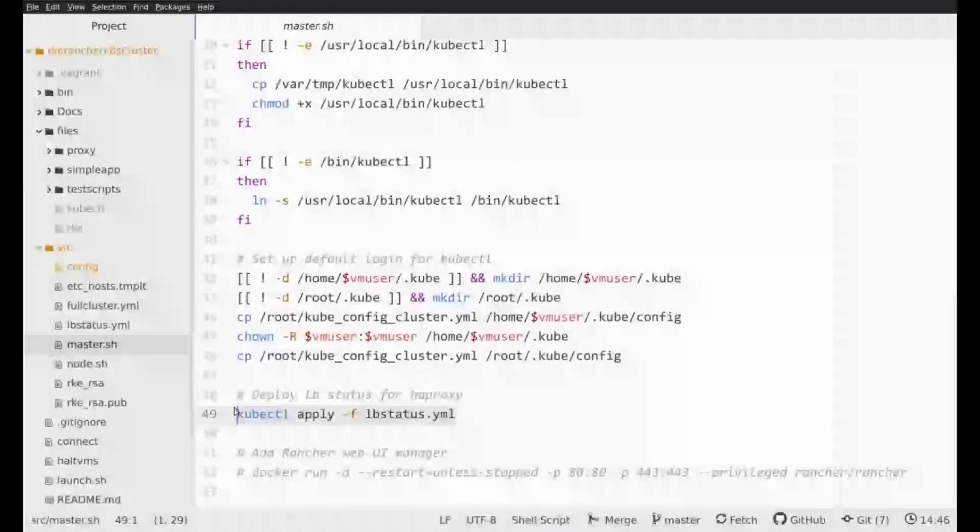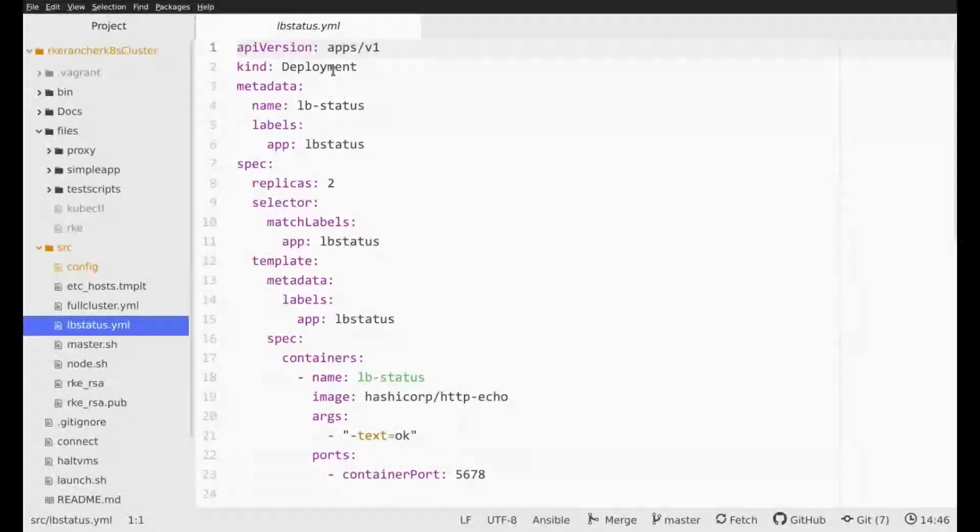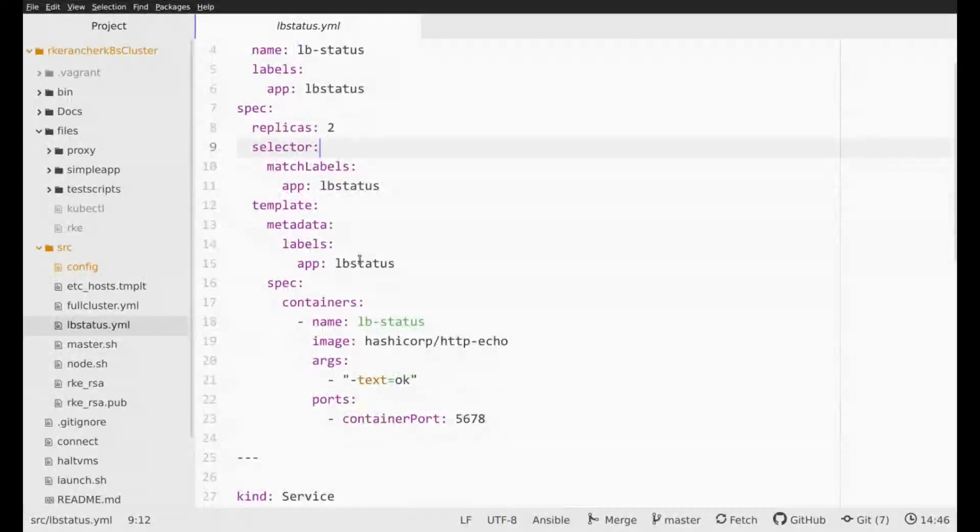And then last but not least, this deploys my lb status, and that's just a Kubernetes YAML file that if I go and find lb status there, as we can see, it's a deployment, lb status. It launches 2 replicas. I should launch 3 really, because then that way it runs on the cluster as well. And then it's just basically saying lb status. However, by running 2,